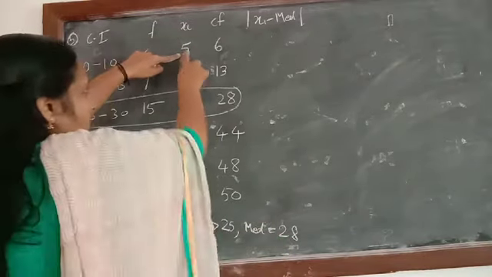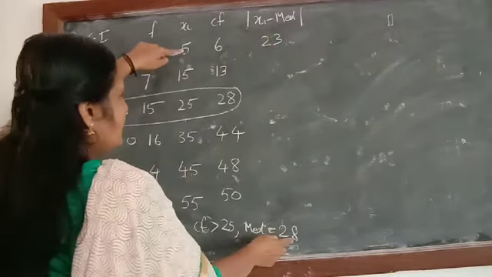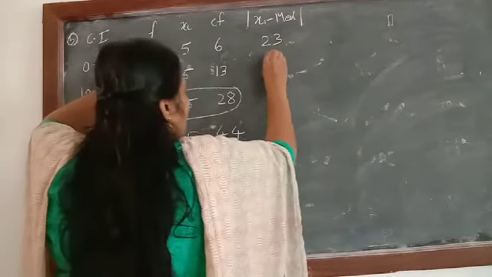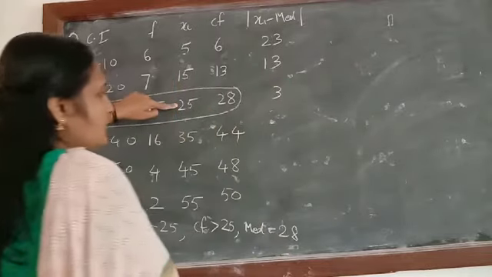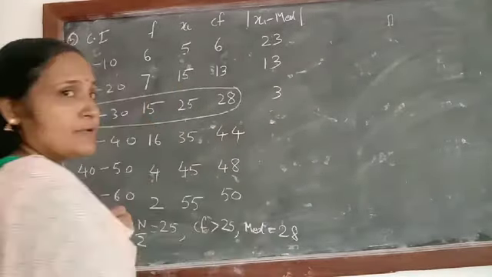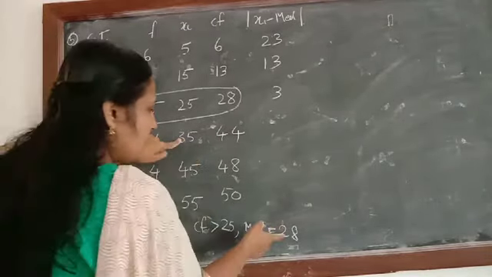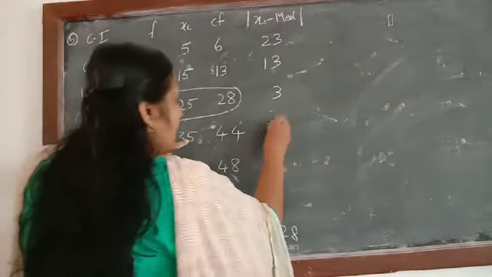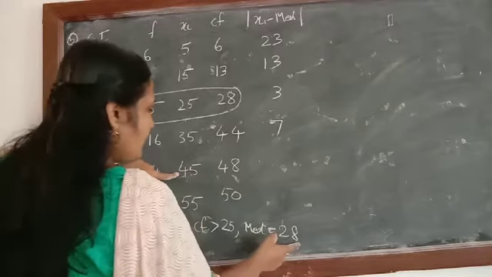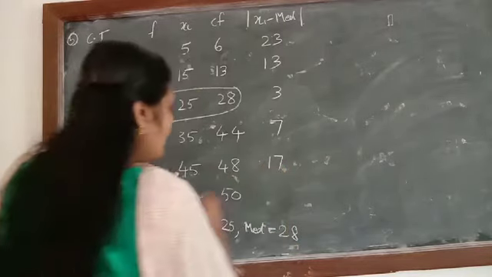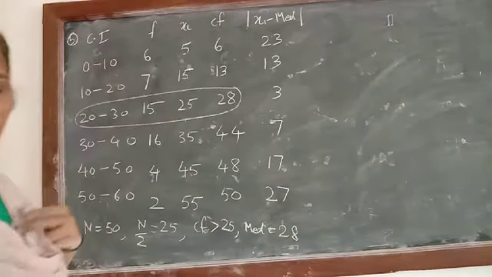So first one is 28 minus 5. 28 minus 5 will be equal to 23. Then 28 minus 15. Obviously it will be equal to 13. 28 minus 25 will be equal to 3. After that don't write that is equal to minus 3 because this number is greater. Now start subtraction from here. 35 minus 28. 15 minus 8, 7. Then 45 minus 28. So obviously what will come? 15 minus 8, 7. 3 minus 2, 1. 17. Then 55 minus 28 will be equal to 27.